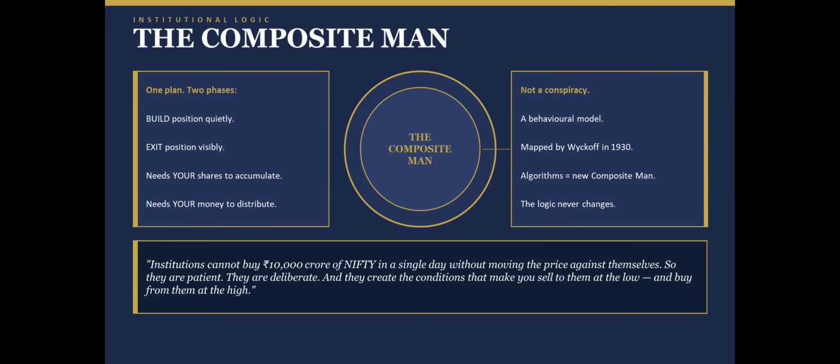So if you go to Mark Minervini, what he will say, he will tell you to buy when the stock is already in an uptrend and there is base on base, the second base is breaking out, buy at that time. So this is good for retailers. What will Warren Buffett tell? He will say when there is a bloodbath on the streets, buy at that time. And it is good for him because he has trillions of dollars in spare. So he can invest here, he can buy huge quantities, and he can stop that fall. Retailers cannot stop that fall.